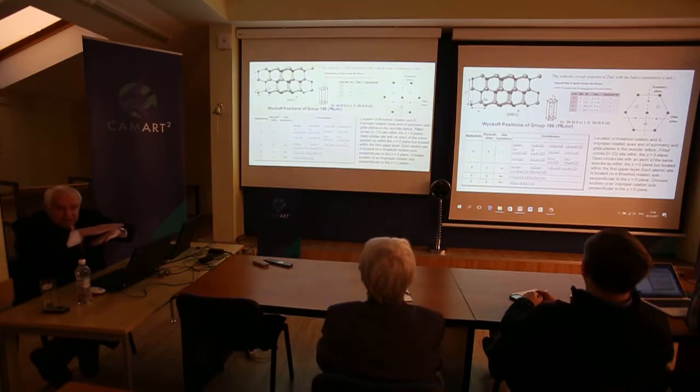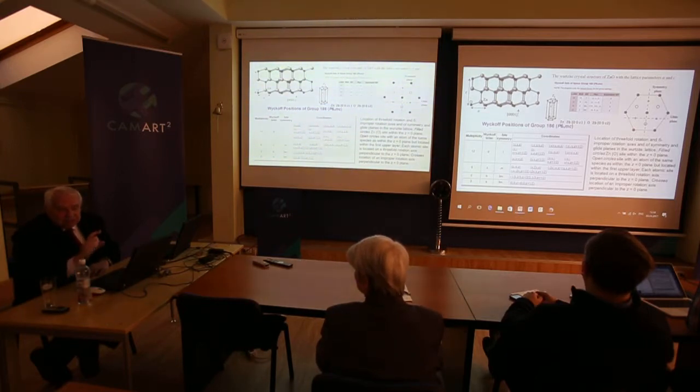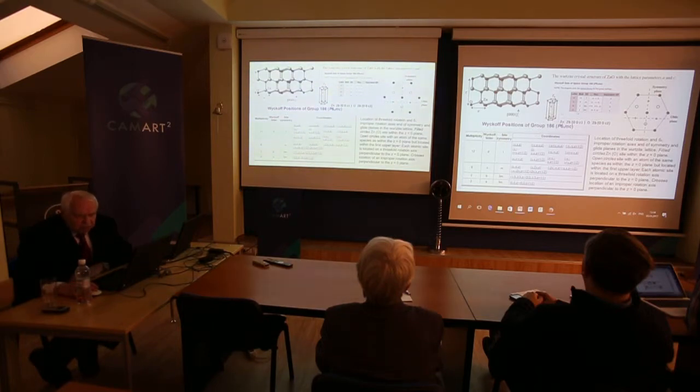And these planes are moved relative to each other. Therefore, this 6 order axis needs to make some translation by half of this C vector. Half means 6 with index 3, because 3 divided by 6 is half of the translation vector. To move from one layer to the second one, you need to make this